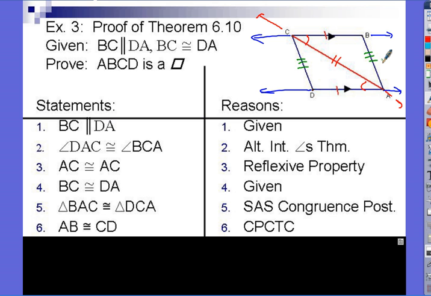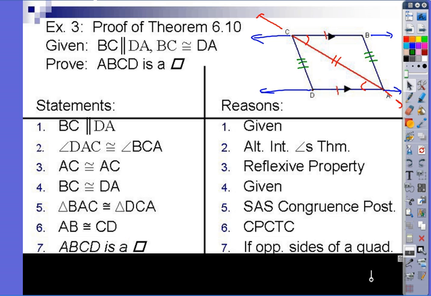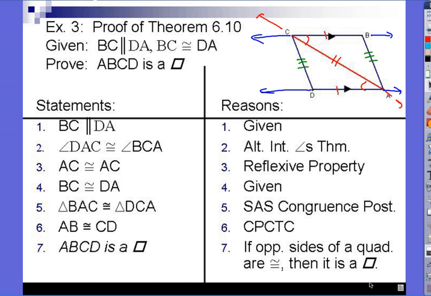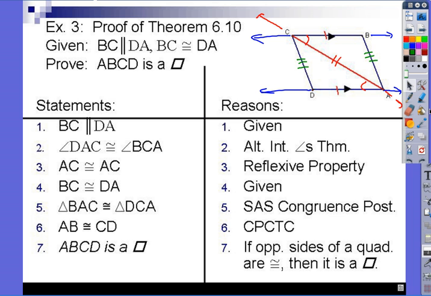so what does it have to be? Parallelogram, sure. That's good stuff. Okay, if opposite sides of a quadrilateral are congruent, so if opposite sides congruent, then parallelogram, right? Good, good, good. Okay, now